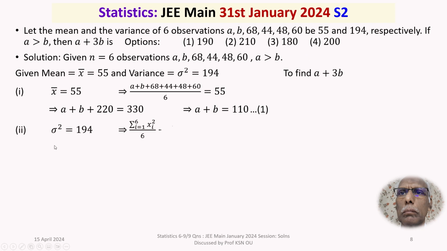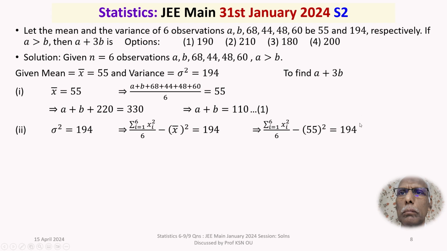Agreed. We are given sigma square is equal to 194. Let's recall the formula of the variance. The variance formula is sigma over i equal to 1 to 6 of xi square, whole by 6, minus x bar square, that is sigma square, that is given to be 194. So this will imply sigma xi square by 6 minus 55 square is equal to 194. So send this 55 square to